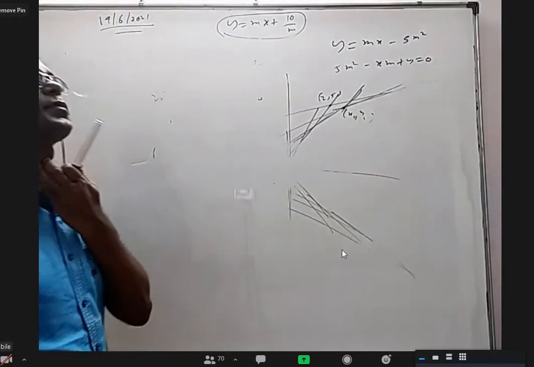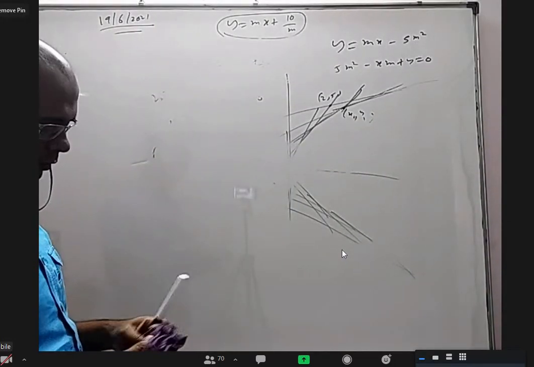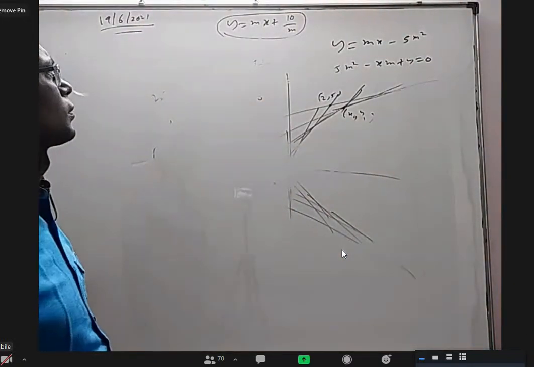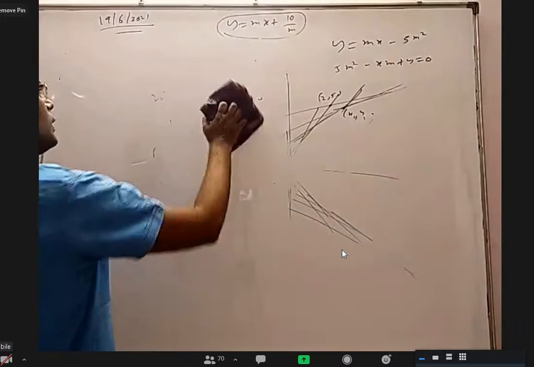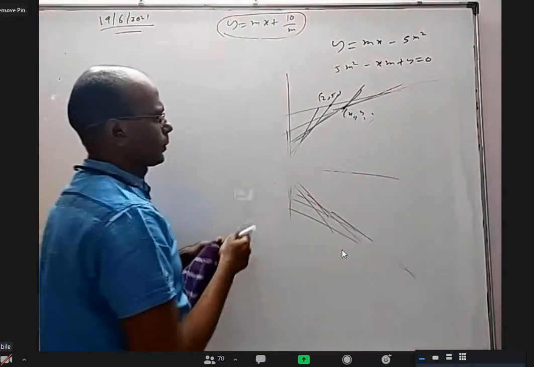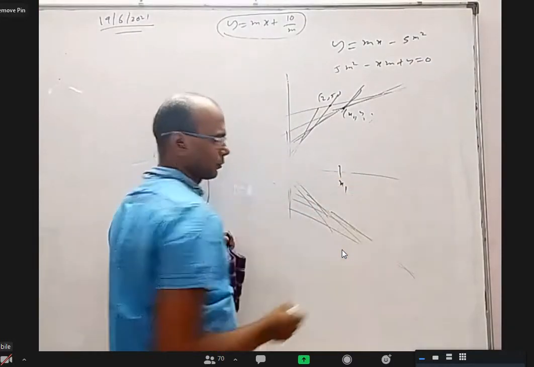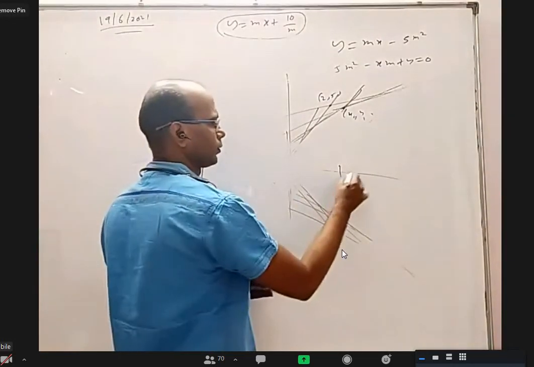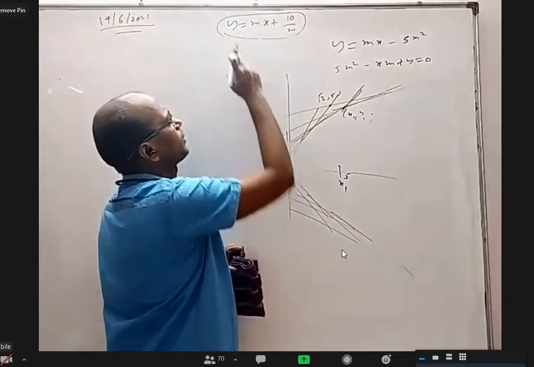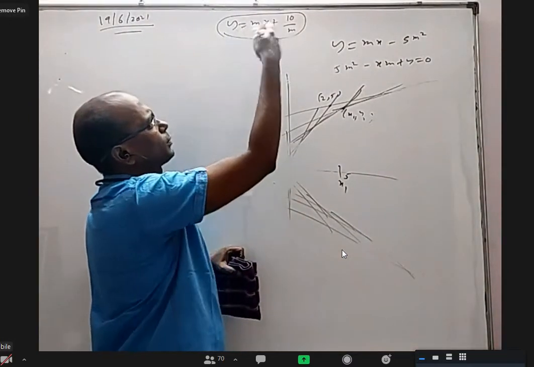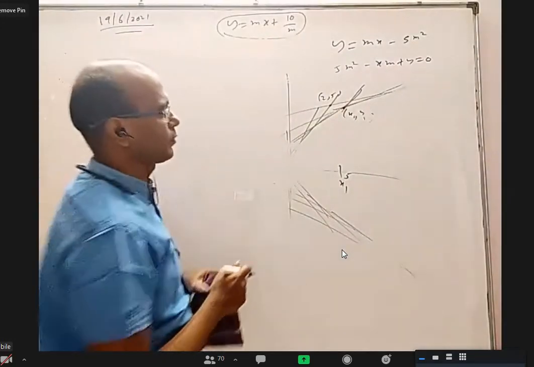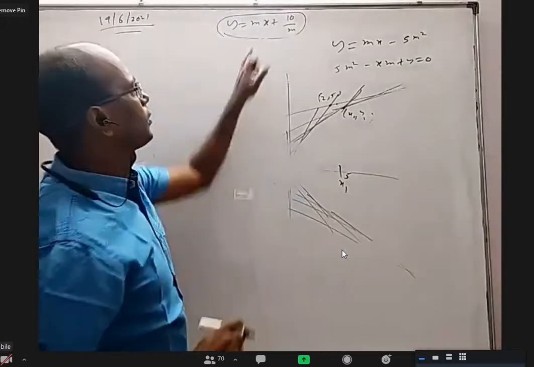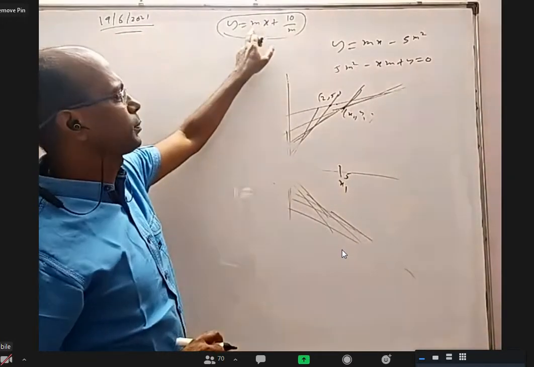There's also one more concept based on calculus, I think, sometime not able to recollect. Another concept is I'll fix only the x coordinate. Let's say x is equal to 5. Then when I put x equal to 5, as you keep on changing m, I'll get different values of y. I put x equal to 5 and keep on changing m.